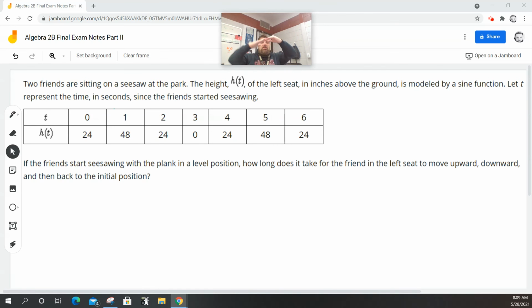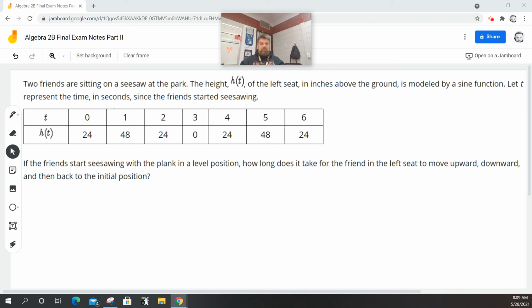So the seesaw does one of these things, and they're trying to measure the one on the left, right? And t represents the time, and it's a sine function because you're going to go up and down, and time is going to go this way or this way. Yeah, we'll go this way from your perspective. So, anyways,